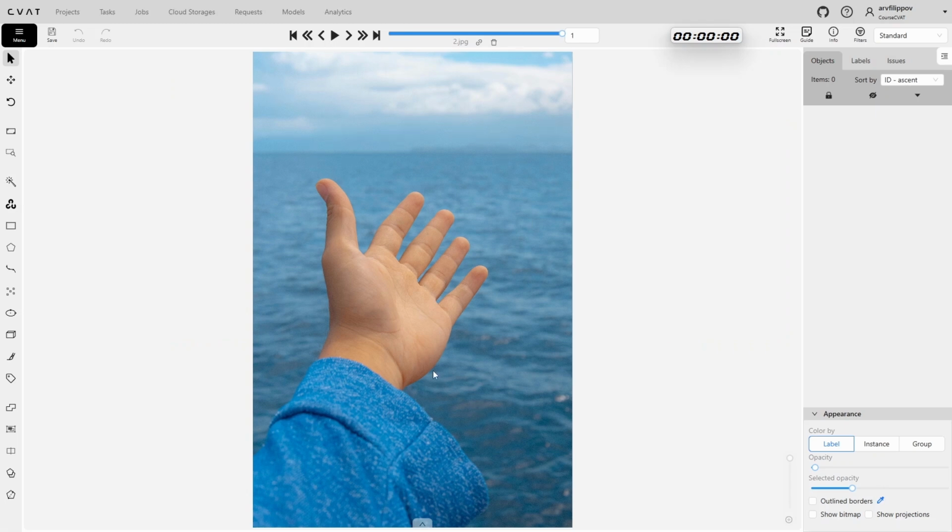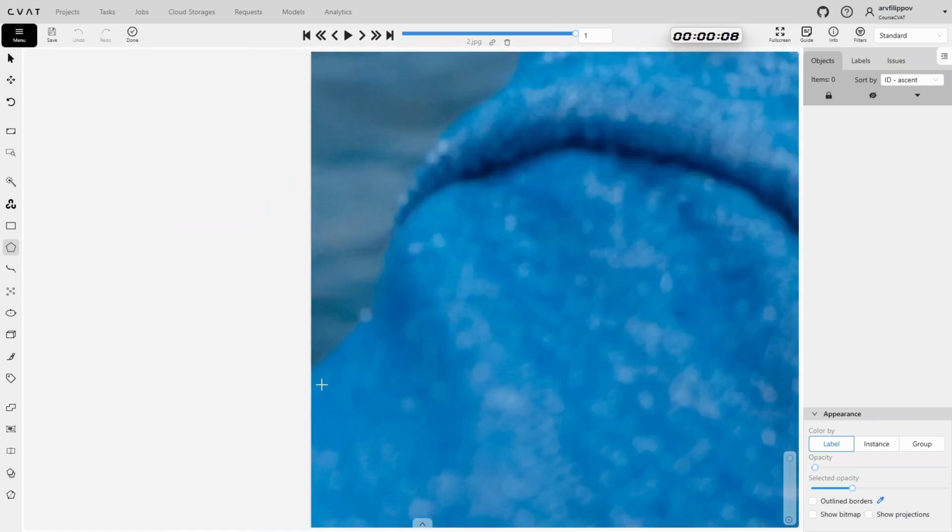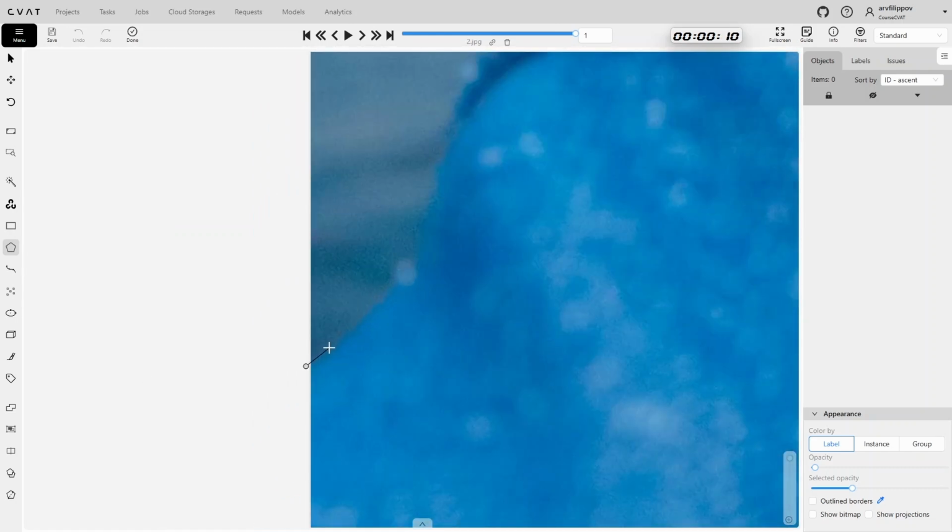We will explore several annotation methods and compare them in terms of accuracy and speed. Let's begin with annotation without additional functions. We'll start a timer to record how much time this method takes. Begin with the Polygon tool, activate it, select the appropriate label. Begin annotating the sleeve. As mentioned in the instruction, the polygon must be as accurate as possible, avoiding inclusion of